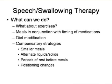In speech and swallowing therapy, what do we do? Again, oftentimes I have come across patients with myasthenia in the hospital when they're having a crisis. The big thing is we work on compensatory strategies. In a crisis, we do not do exercises because the exercises are going to lead to fatigue. So one of the things that we will work on is trying to plan meals in conjunction with the timing of medications, diet modifications,